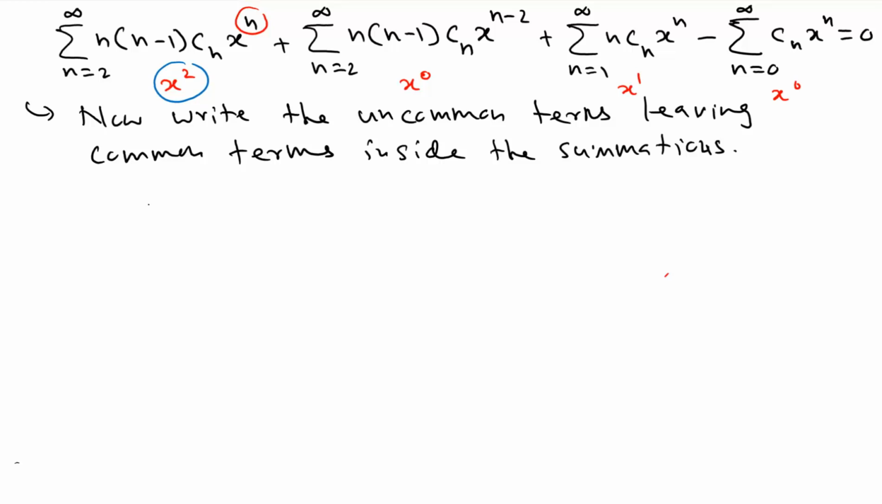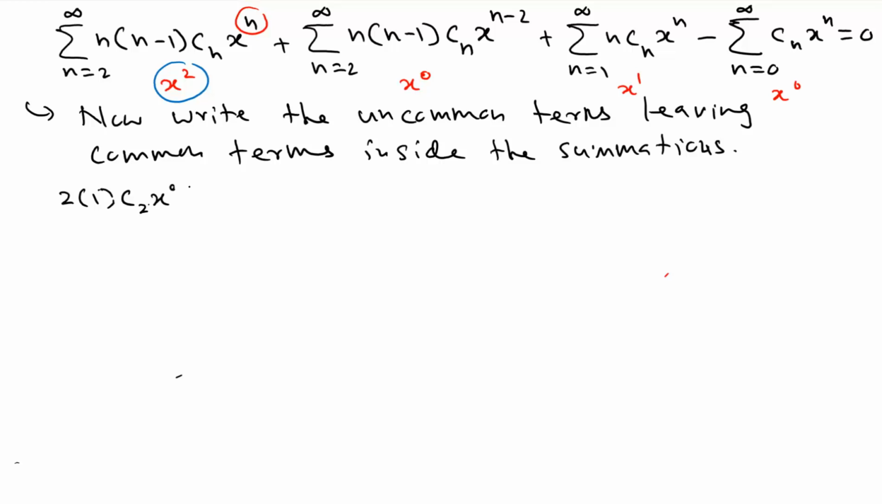So you don't have to do anything with the first term, but from the second one you have to write 2, from the third term you have to write 1, and from the last one you have to write 2. So let's write them. From the second one you have to write 2, so that means it's going to be 2 times 1 c2